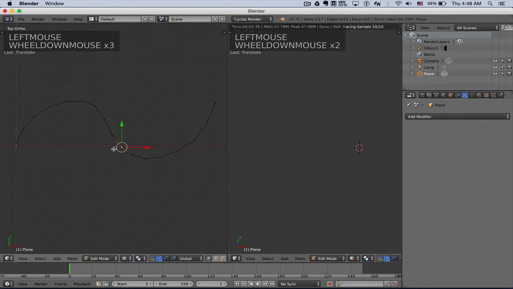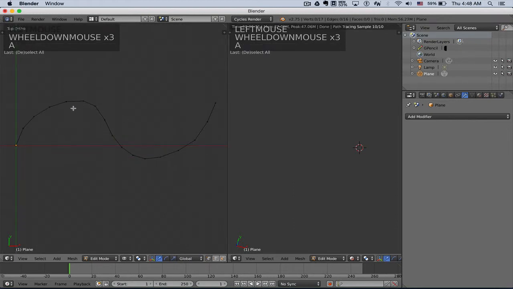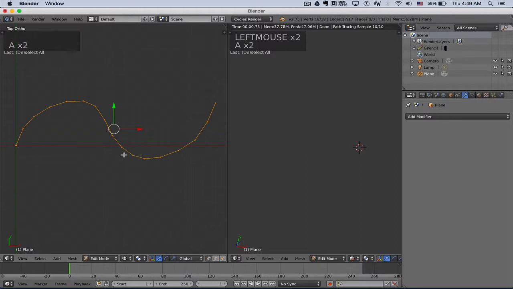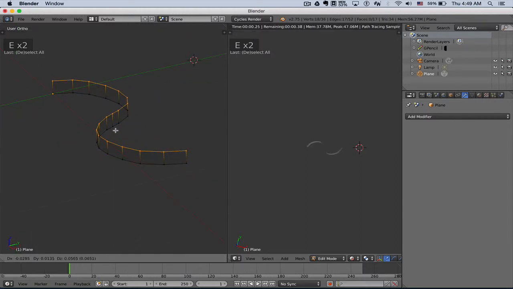So loop cut will, in fact, work on a flat series of edges and vertices, so that's kind of cool. That didn't used to work. So again, it's Control R, put your mouse pointer in between them, and just left click a couple times, and there you are. Okay, I'm going to go ahead now and take this, and I'm going to extrude it on the Z-axis a little way,